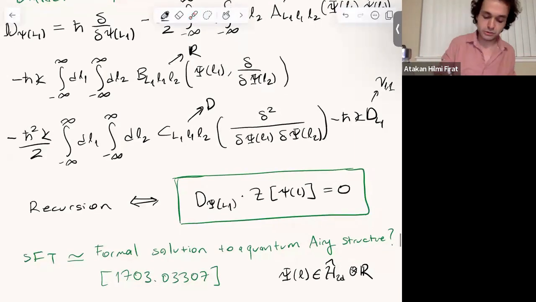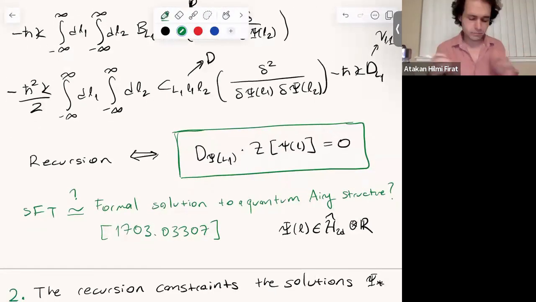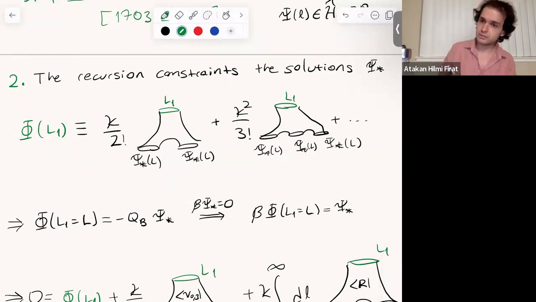This is a question, like I don't know the answer. Maybe that's one way to understand this recursion in a nice way. Considering this equation and considering genuine solutions, you generate something non-perturbative. So that's kind of speculation, but certainly the structures are extremely similar. So that's one implication. This is a nice way to write it. Maybe there's a deeper fact about it. Just putting it there. But the second, more impactful for me, is that this recursion constrains the solutions quite a